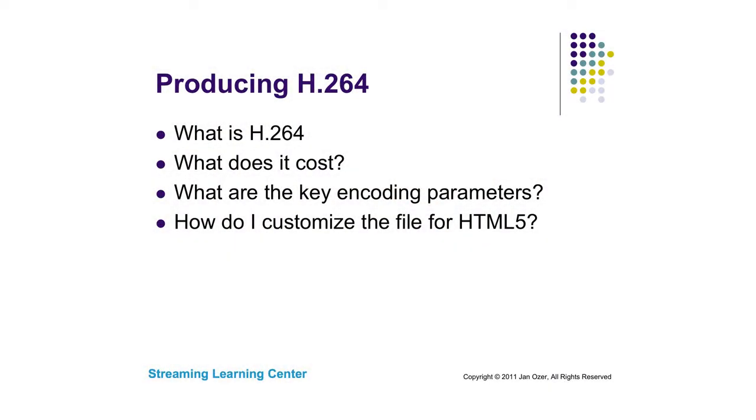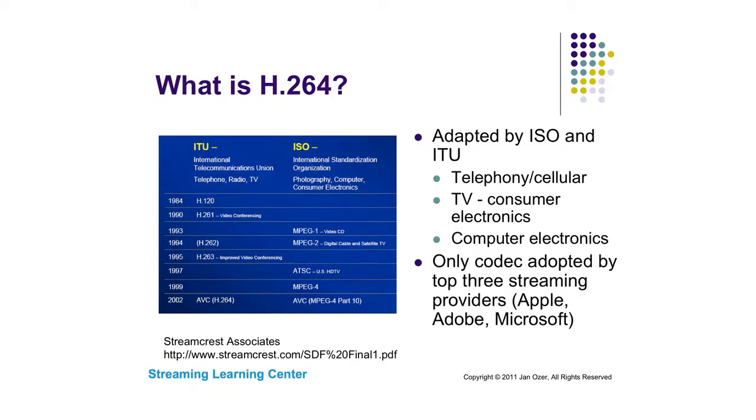Now, I personally think there are very good reasons for going HTML5 first with fallback to Flash. I just don't want anybody to think we can ignore Flash from now on, because I think it's not a good strategy. So let's look at H.264, what it costs, what the key encoding parameters are, and then how you have to customize the file for HTML5 delivery. So H.264